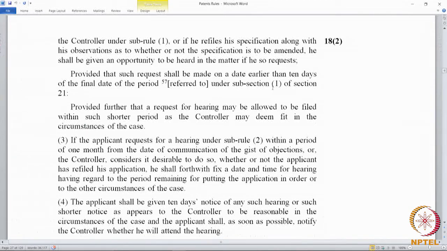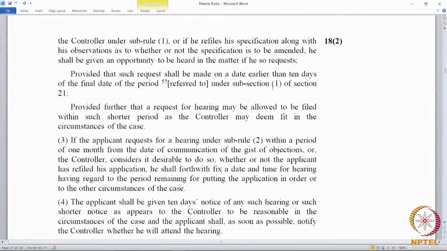Now, Subrule 3 tells us that when the gist of the objections is communicated, the applicant can make a request for hearing within 1 month from the date of communication. If the applicant makes a request within 1 month of receiving the communication containing the gist of objections, the controller shall fix a date regardless of whether the applicant has refiled his papers.